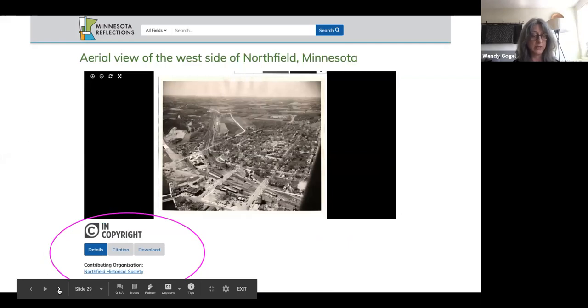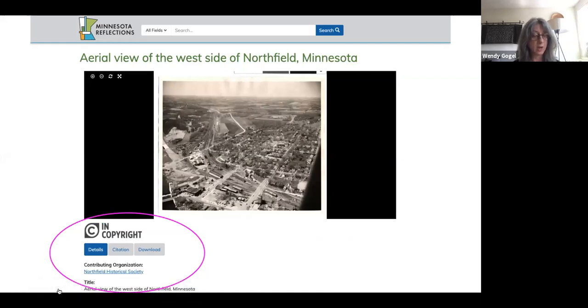Equally important, it is clear when an item is in copyright and its users are limited to those allowed by copyright law.